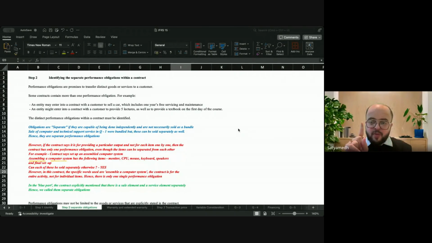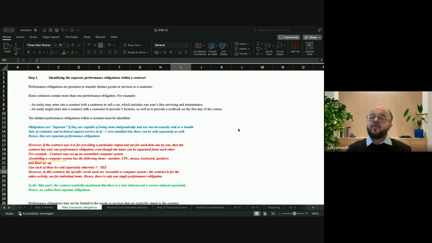That is one performance obligation. Although these items are separable, the terms of the contract are not to buy one monitor, one keyboard, one mouse. The terms of the contract are to set it up all together in one place, and that is assembling the computer. Each of these items can be sold separately, but the contract that I have with Praveen,